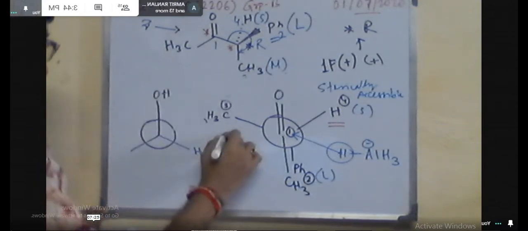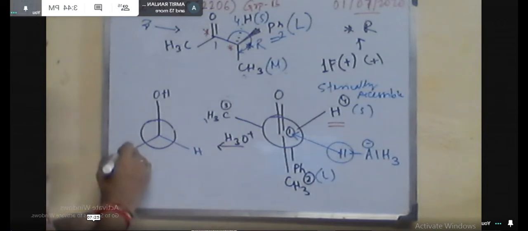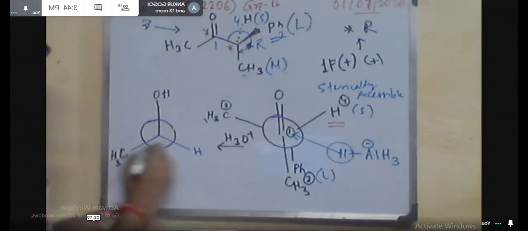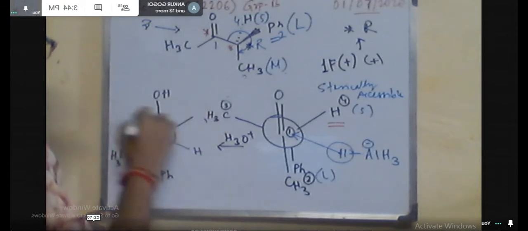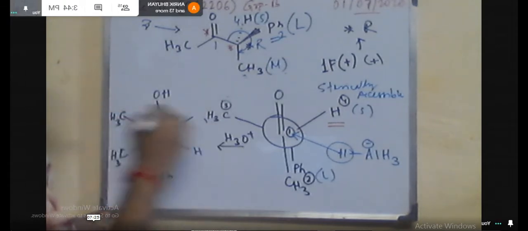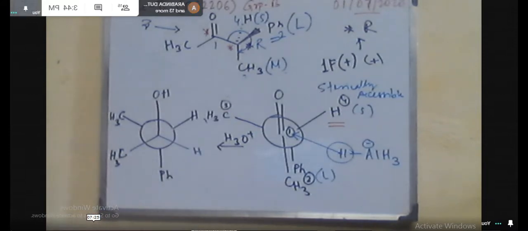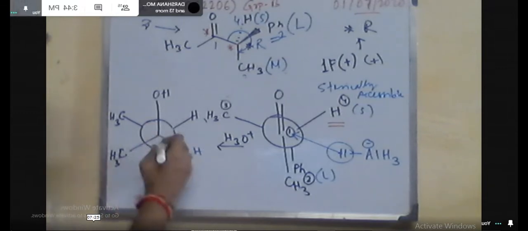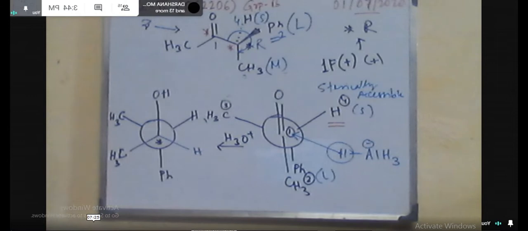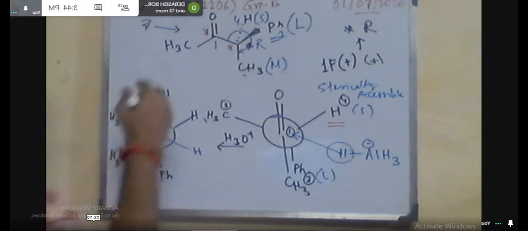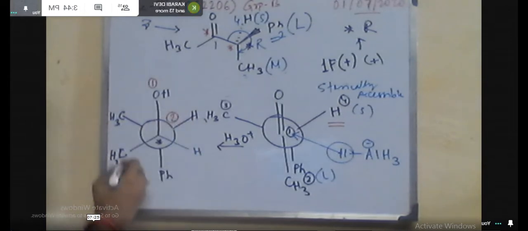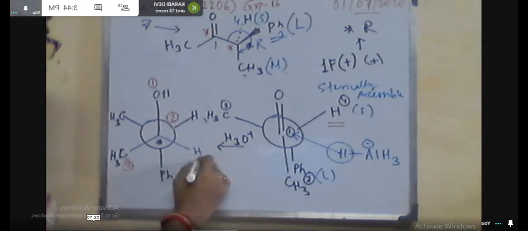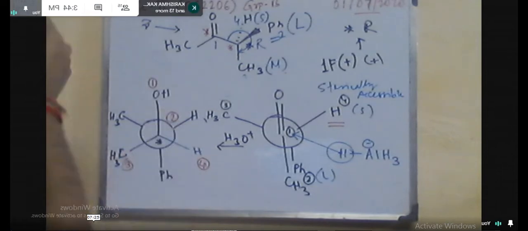Okay, so now if you find the configuration of this center, this is 1, the back carbon is 2, this is 3, and this is 4. Back carbon is 2 means we know the convention, 2b plus. Now the rotation of the rest of the 3 groups, that means 1, 3, 4, is anti-clockwise rotation, that means minus. So minus into plus is minus. So the configuration of this new chiral center is S, and this will be the major product, by using the Cram's model.